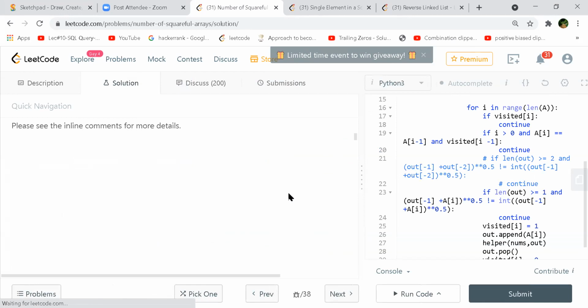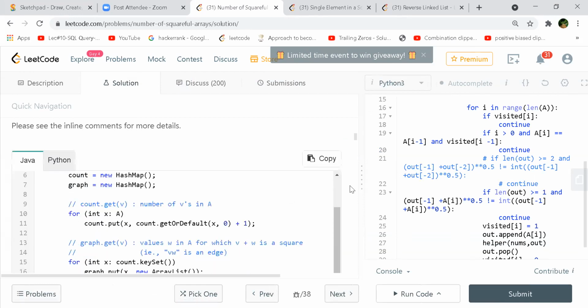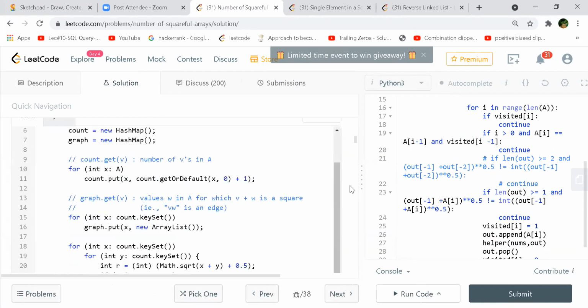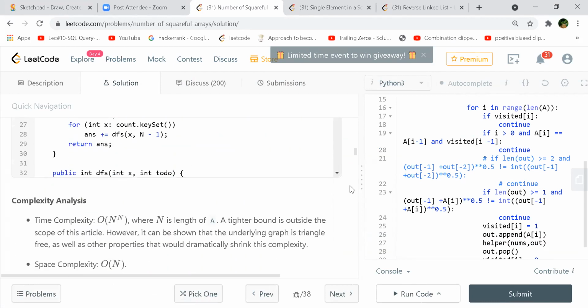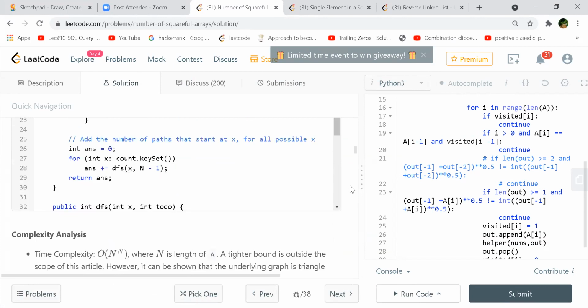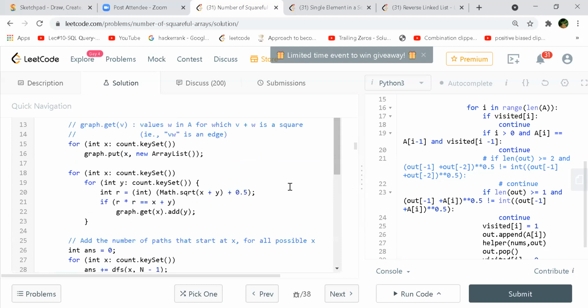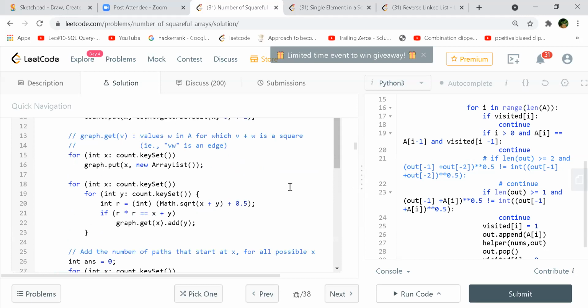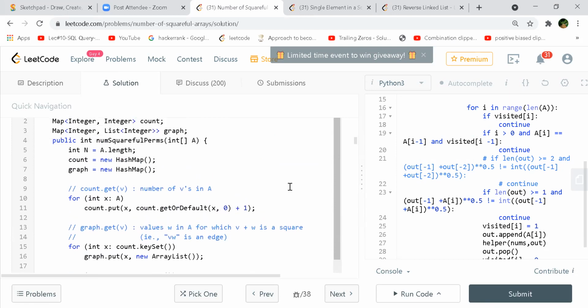Can you? Yeah, so for the graph, at least I haven't read the solution yet, but the way I'm imagining is that for every number, you come up with neighbors. Now, what are the neighbors? The neighbors are the ones that will actually pair up with the node to give you a perfect square. So if you pre-process this and keep it, then you can work it out like a graph solution. So that was the idea, high level.